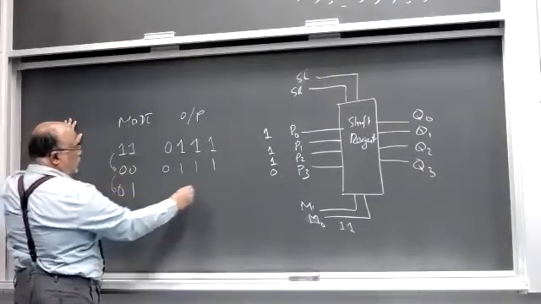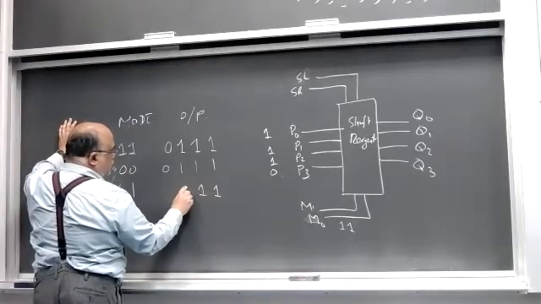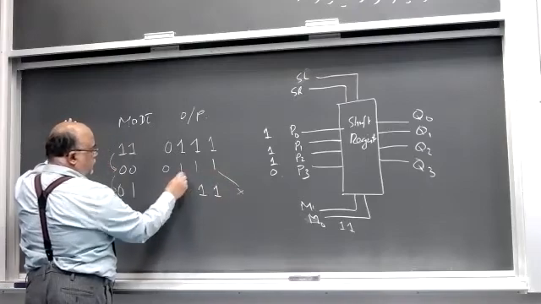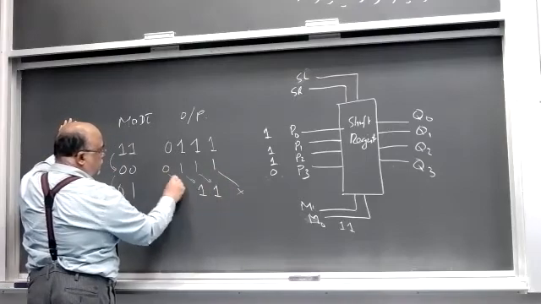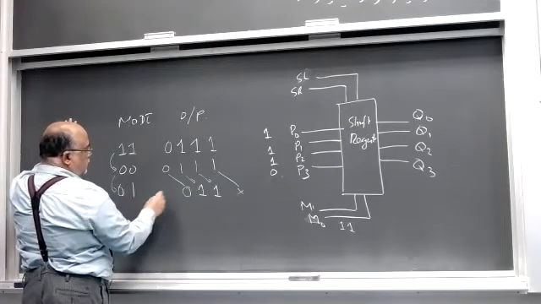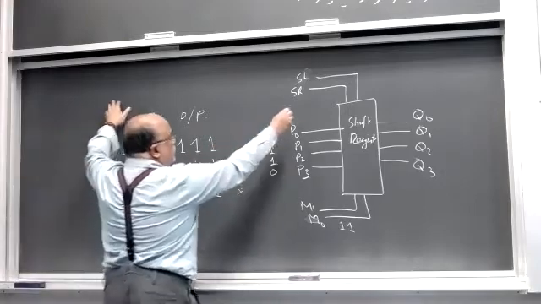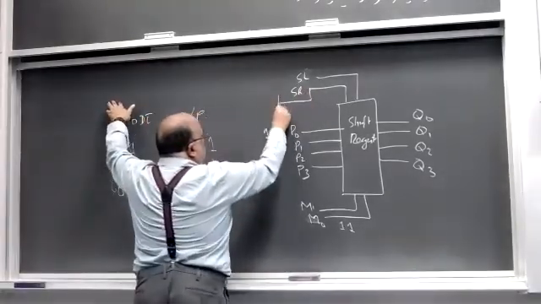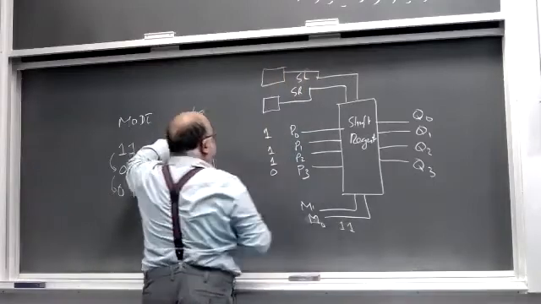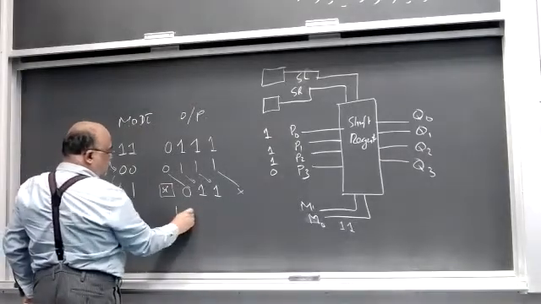0 1 करके क्लॉक करूंगा तो ये 1 इधर आ जाएगा, ये 1 इधर आ जाएगा, ये 1 गॉन, शिफ्ट राइट हो रहा है, ये 1 इधर, ये 1 इधर, ये 0 इधर। यहाँ पे क्या आएगा? यहाँ पे जो शिफ्ट राइट इनपुट हमने दी होगी वो यहाँ पे दी होगी। यहाँ पे भी आपने स्विच लगाया, यहाँ पे भी लगाया। अगर ये 1 दिया हुआ तो यहाँ पे 1 आ जाएगा, तो वैल्यू बन जाएगी 1 0 1 1।